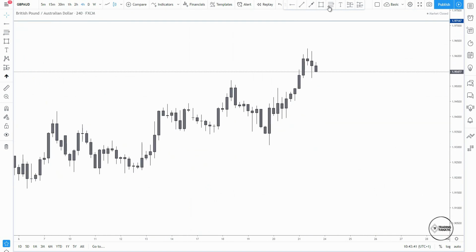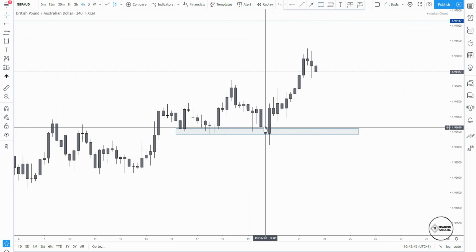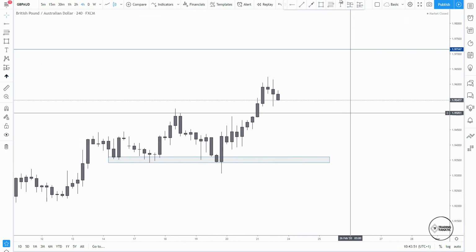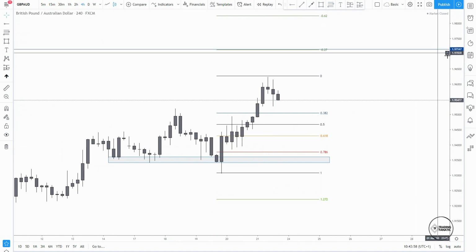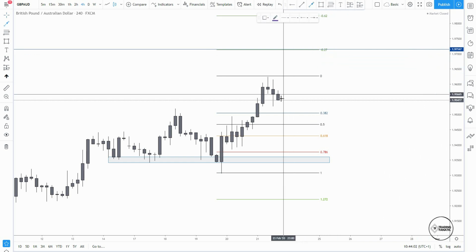into another consolidation. We had a fake out here, as you can see very beautifully. You see price, bearish candle here, fake out, bullish engulf, again slowdown, and then the market pushes to the upside. So pretty simple actually. It looks pretty bullish. And as you can see, the 27% extension perfectly aligns with the high we just drew from the daily time frame. So if this pulls me back into